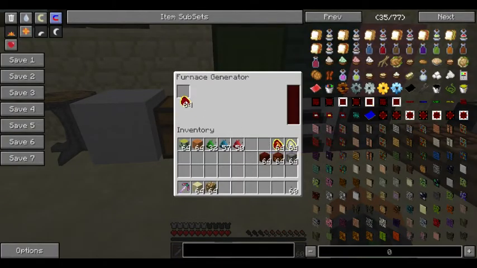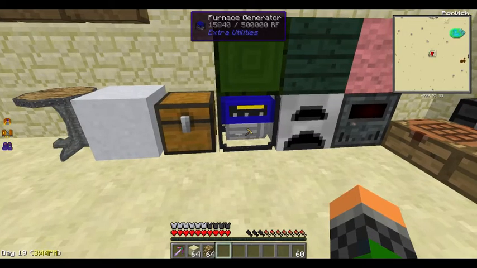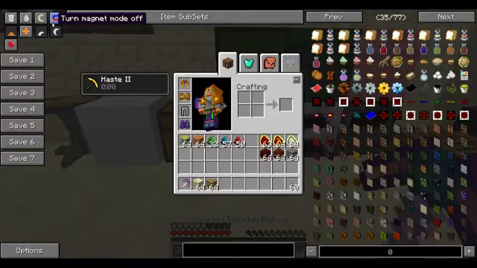Alchemical coal in a furnace generator generates 80 RF a tick for 2 minutes. Now you tell me that's not...